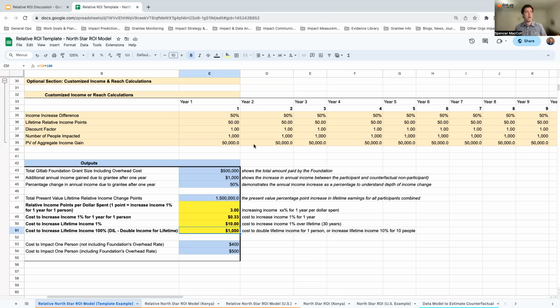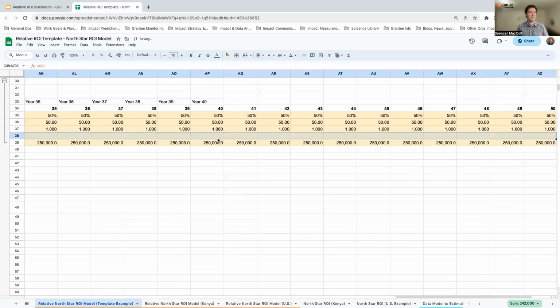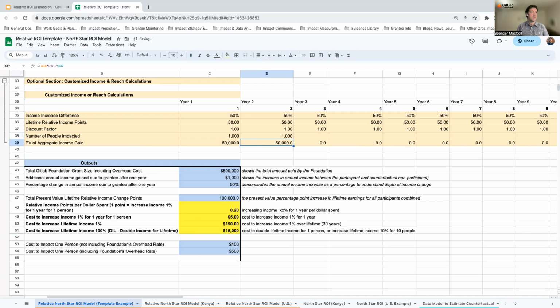But what's so nice about this model is that there are some projects that reach more people as the program goes on. So it might start with 1,000 people, and it might scale to 2,000, 4,000, let's say up to 5,000 people by year 4. Now we've driven down that cost to $211 per person to double their income. So if we go back to the 1,000 per person, we see that again, it's $1,000 per person to increase